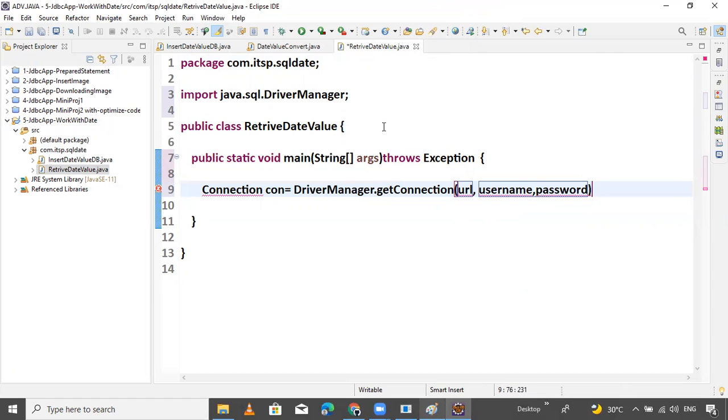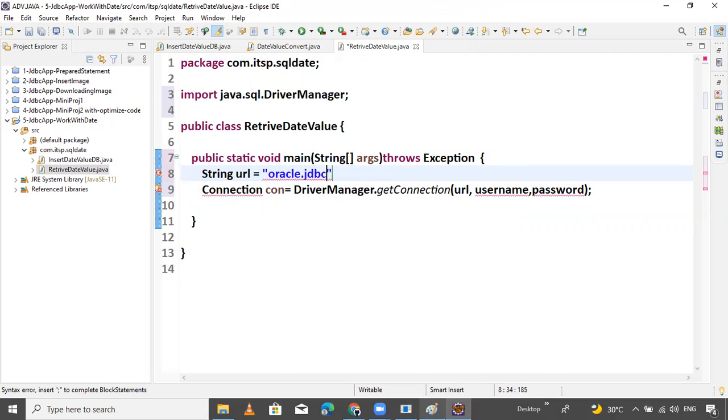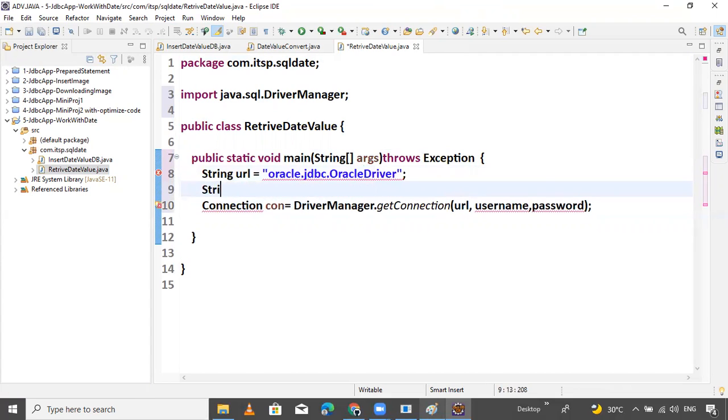I will declare these properties at the top. So here string URL equals to, not this, this is the class name: oracle.jdbc.driver.OracleDriver. URL is jdbc:oracle:thin:@localhost:1521:ORCL.